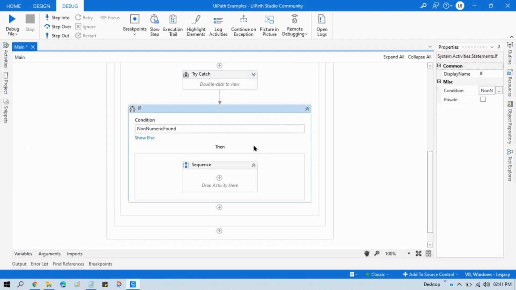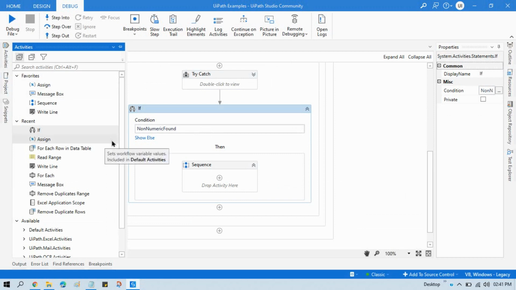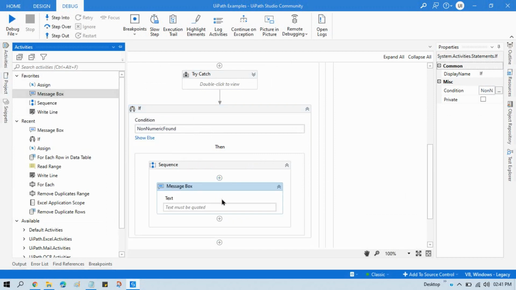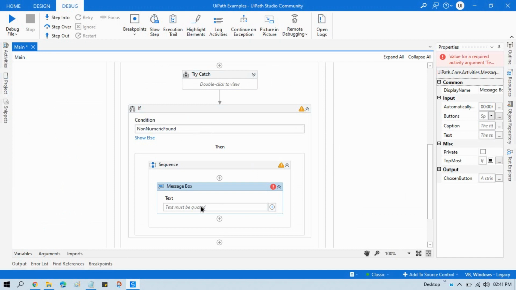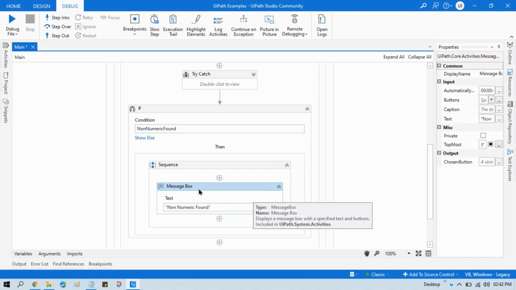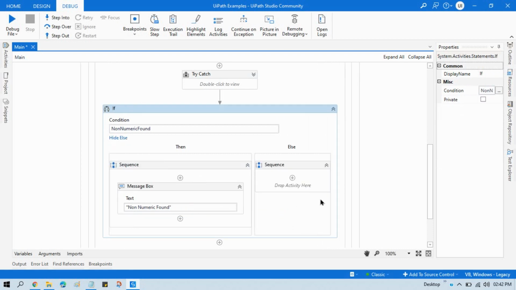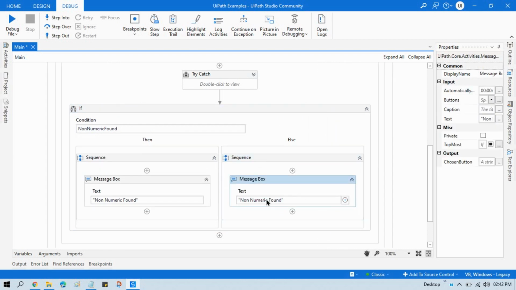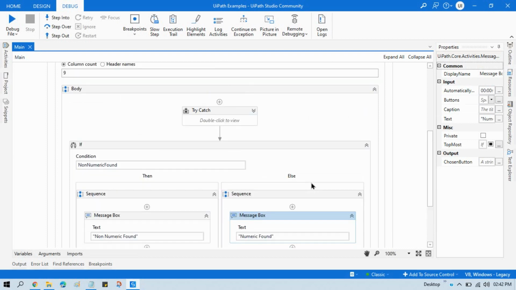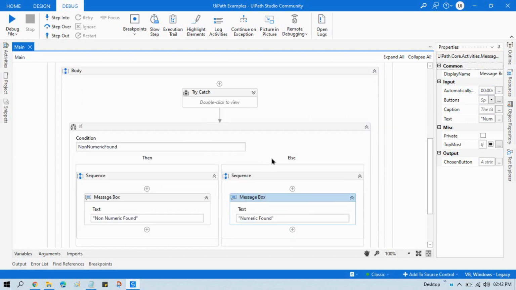If this is true, then we can show a message box like non-numeric value found. And in the else part we can say numeric value, right?